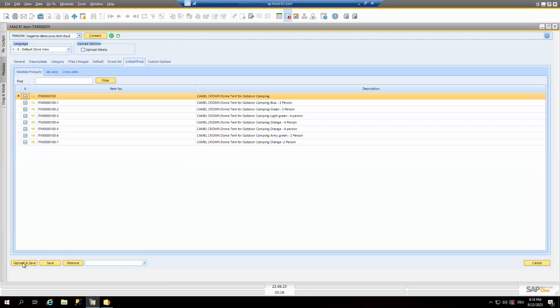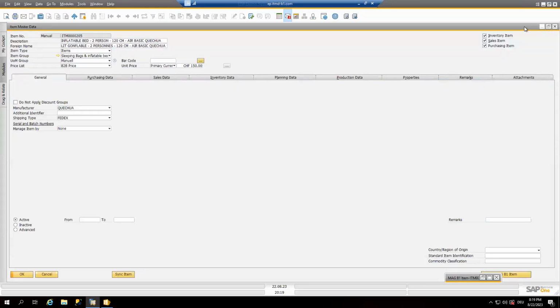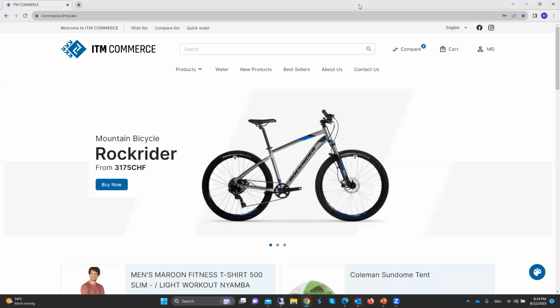Then from here, we can upload and save. Upload to the e-commerce and save in Business One, or we can just save those changes in Business One. We can even remove it from the e-commerce. And this is how we manage item by item. There's another way, of course, if you have thousands of items. I'll show you how we can upload bulk of items in one transaction. So let's go back to the e-commerce